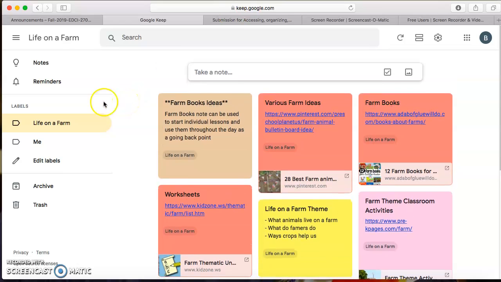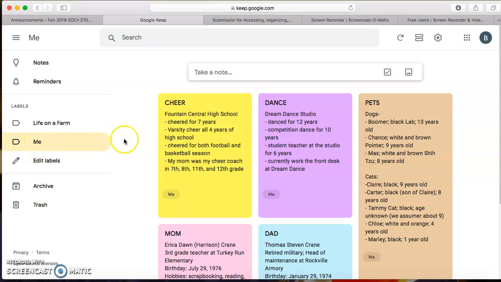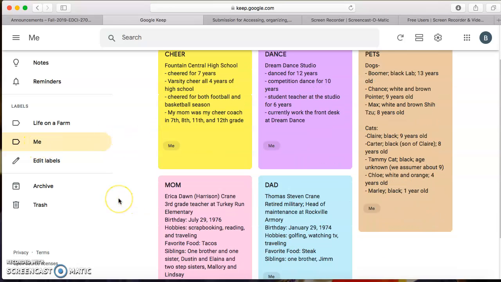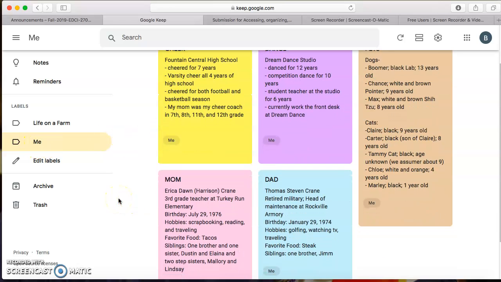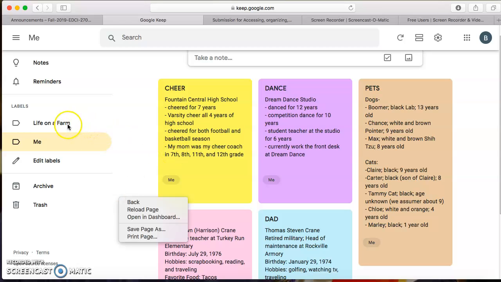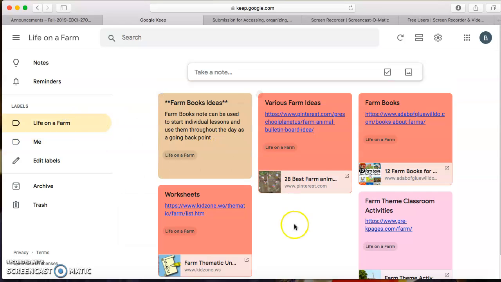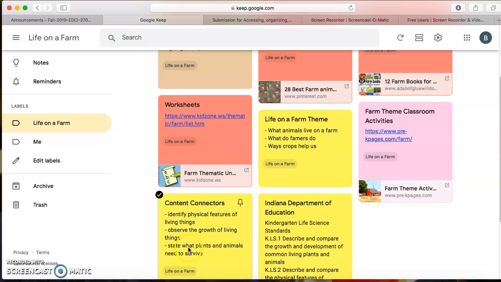As my media tool, I chose to use Google Keep. On my Google Keep, I have two different labels. My first one's Life on a Farm, which is my theme throughout the semester. My other one's an All About Me one, and it talks about my family, my pets, different sports I did throughout high school. So between that one and my Life on a Farm theme, I had my 5 to 8